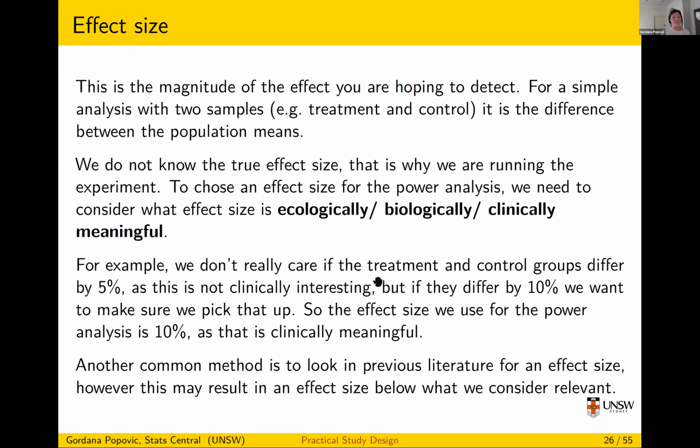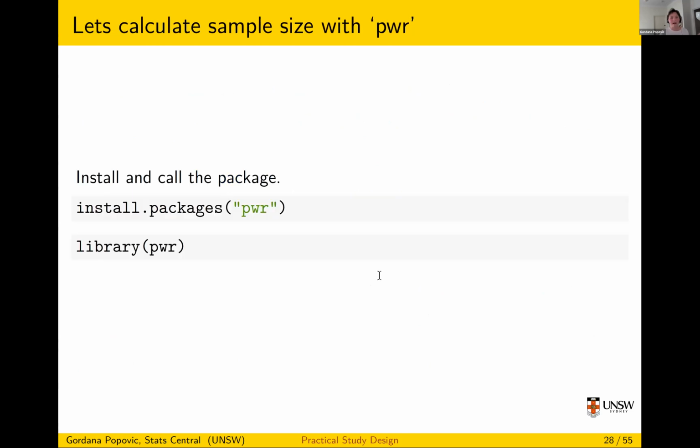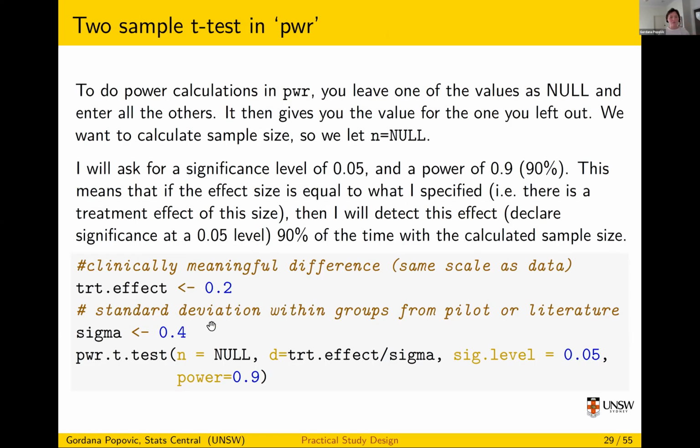Is there a unit for effect size? The way that I've done it here is that it's unitless, because I've divided the effect size by the standard deviation. The effect size that you are interested in finding is in the same units as the standard deviation of your data. So when you divide them, it becomes unitless, but they're both in the same units that you're measuring.